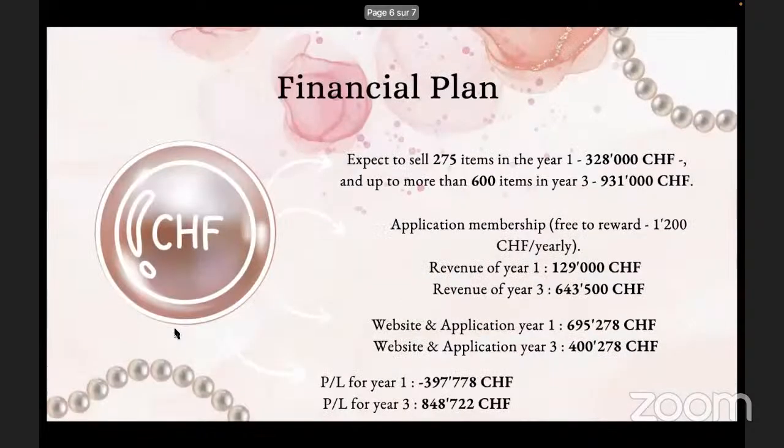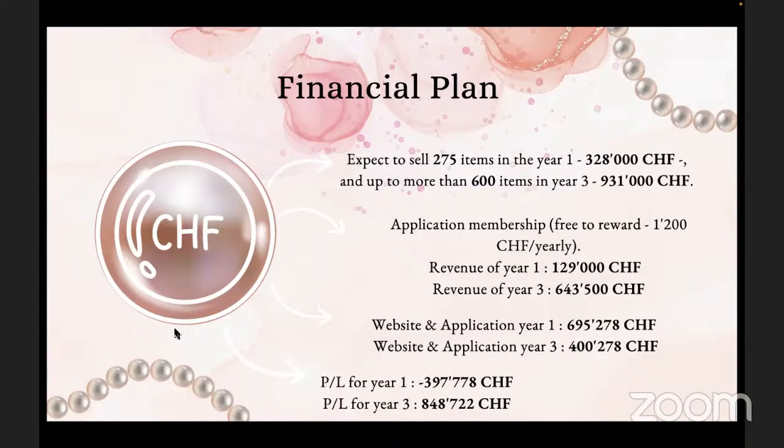And to finish, I will talk a bit about the financial plan. So we expect to sell 275 items in year 1 with a revenue of 388,000 francs, and up to more than 600 items in year 3. So to really have growth between year 1 and year 3.